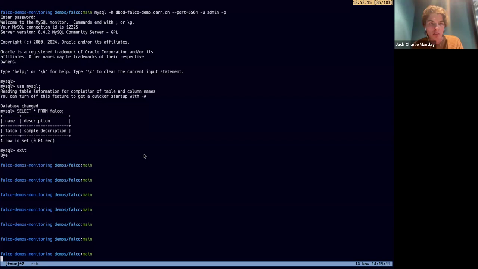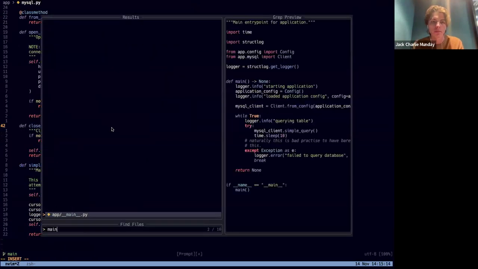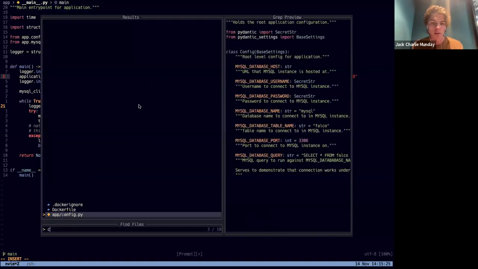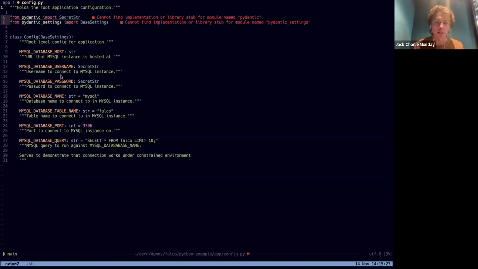In terms of how this looks, what I have is just an entry point that sets up my application. It loads the configuration from environment variables. So I'm using a library called Pydantic to do this. Not really relevant to Kubernetes, but it's a useful tool. What you can do is then specify